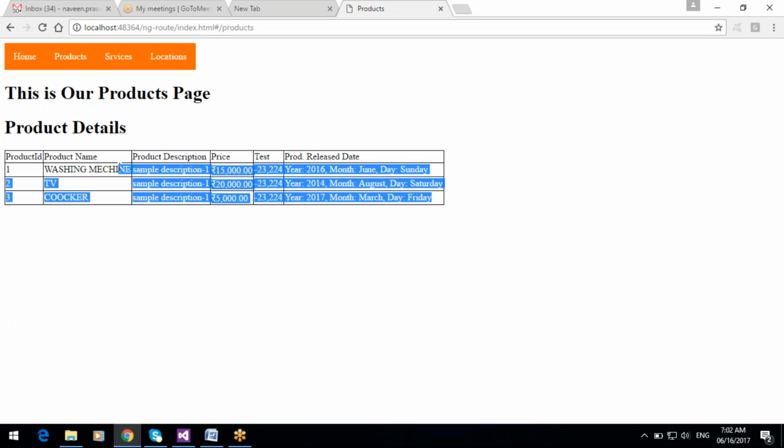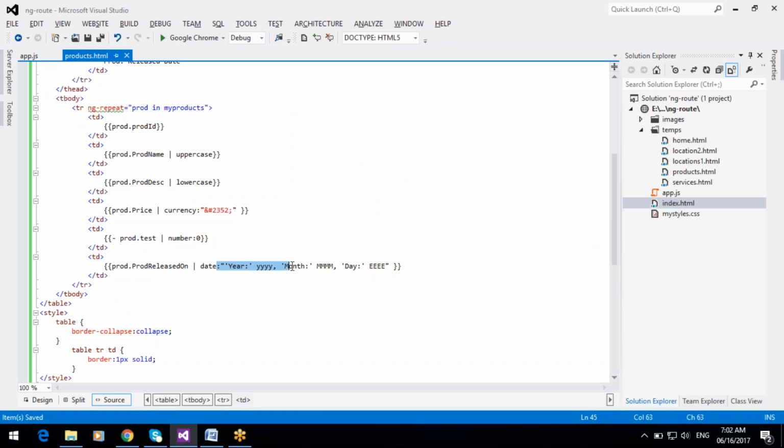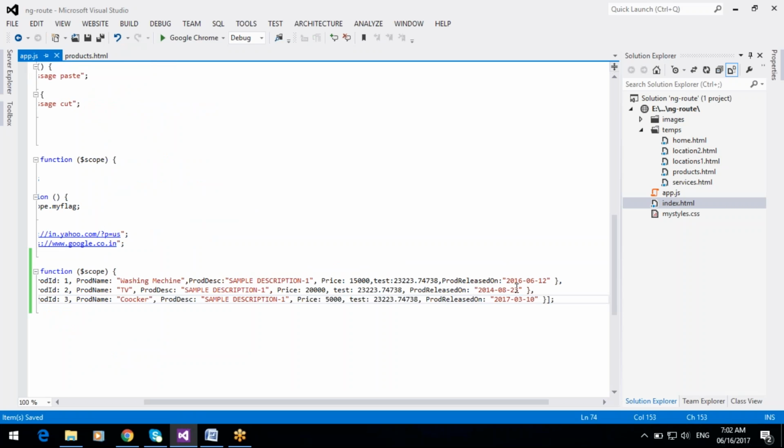This is custom date formats. You can specify individual year, month, day, and the time also, if you have time here.